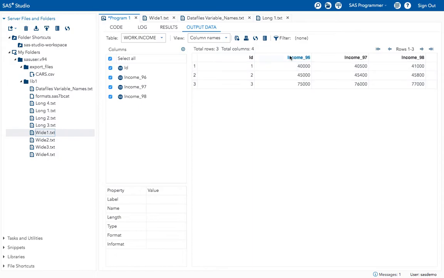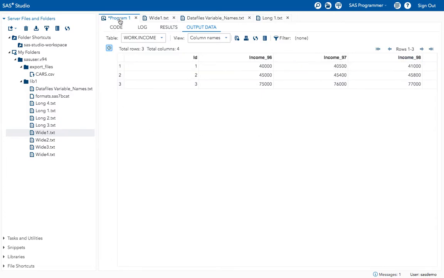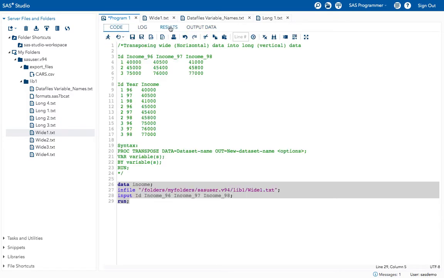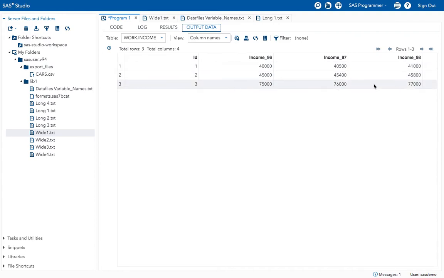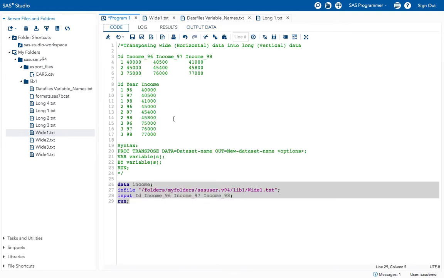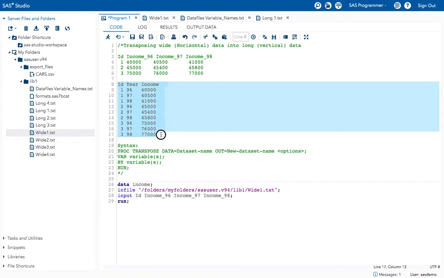See, I have created this data set, right? Now what I want to do, see, this looks like horizontal, right? Now I want to convert this data to look like vertical data or long data by using the proc transpose procedure.